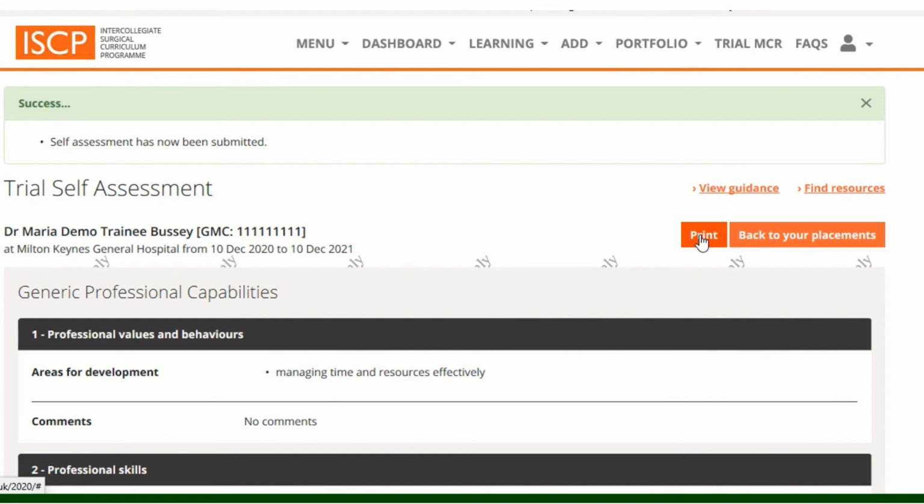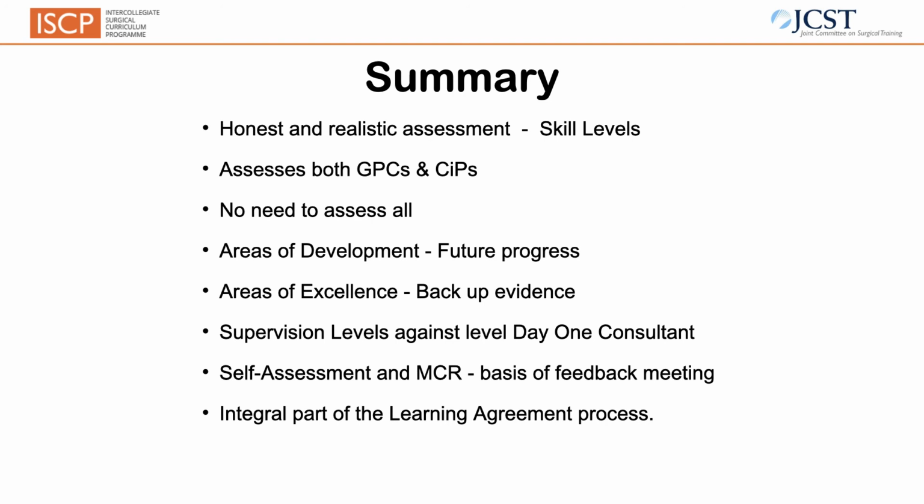As you become familiar with self-assessment, the process of marking the GPCs and the CIPs and writing comments will become easier, and it can therefore be completed in less time. Once familiar with the process, it need take no longer than 15 to 20 minutes to complete as a rough guide. In summary, a self-assessment is an honest and realistic account of your current skill levels, both for the GPCs